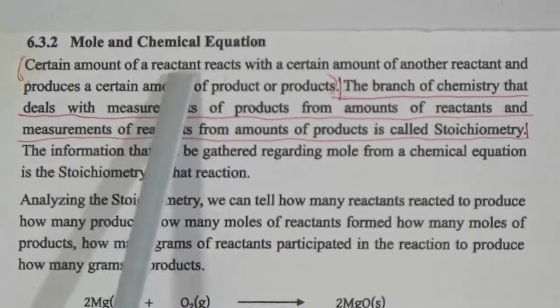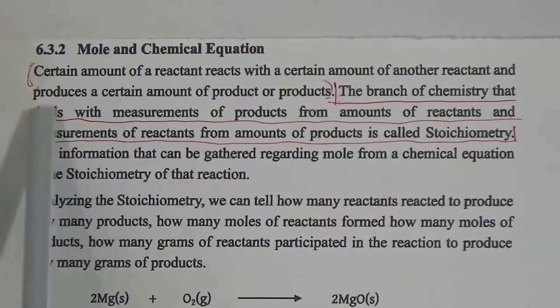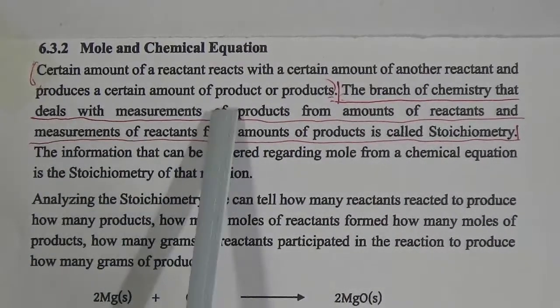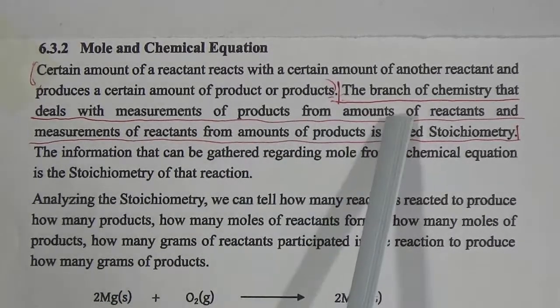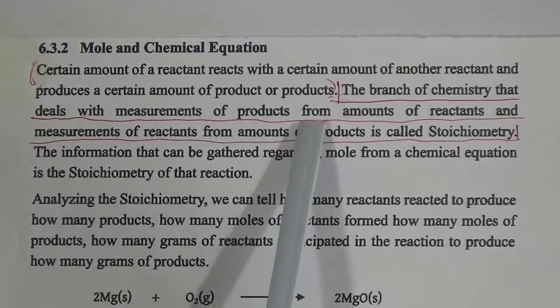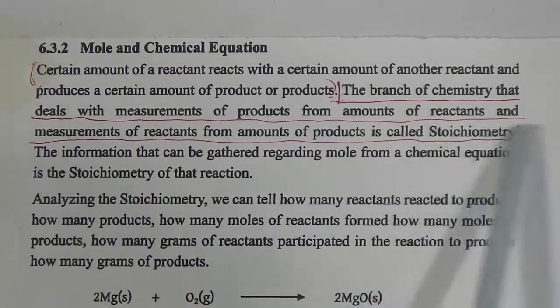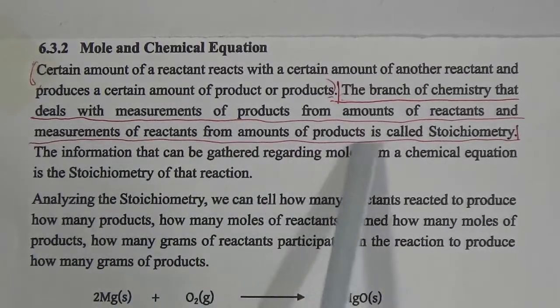A certain amount of reactant reacts with a certain amount of another reactant and produces a certain amount of product or products. The branch of chemistry that deals with the measurement of the products from the amount of reactant, and the measurement of reactant from the amount of products, is called